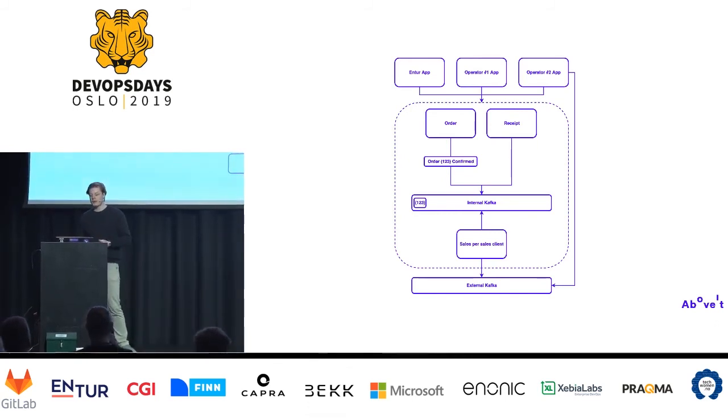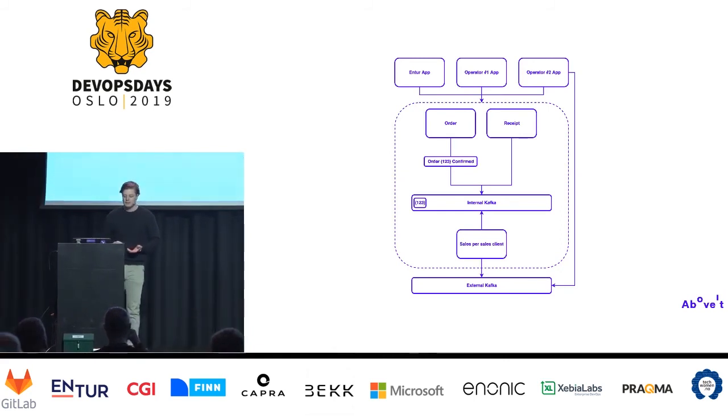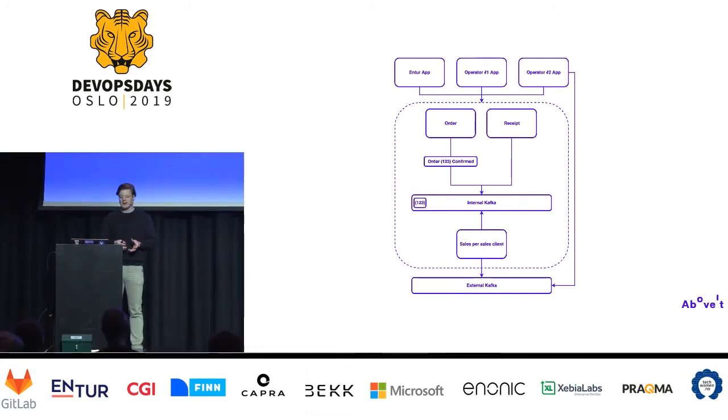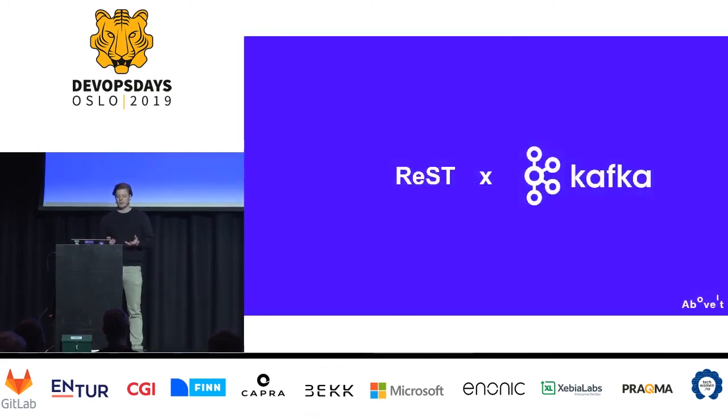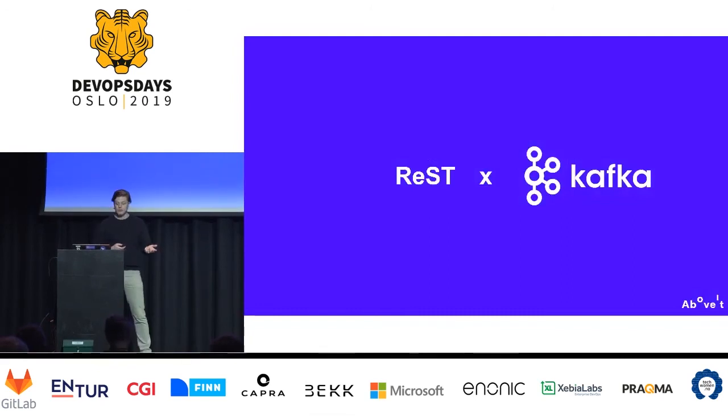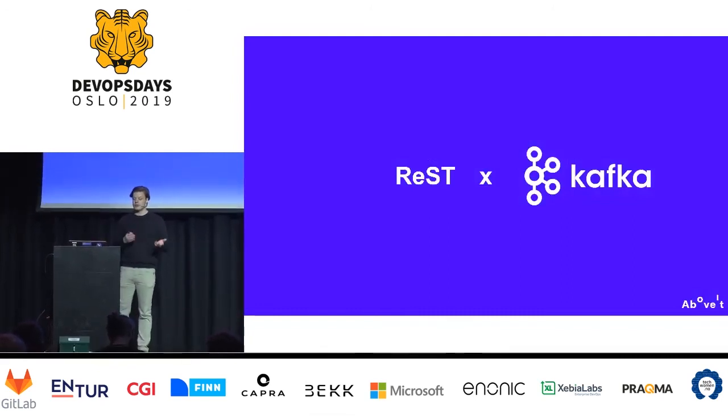But how will the operator now know if the sale has been completed? Well, with Kafka, we can create something called a stream processing module. Their task is to read one or more streams, process the data, and publish them to an external cluster. So if a sale was processed through the app from operator number 2, then we publish that sale to a stream specifically for that operator.